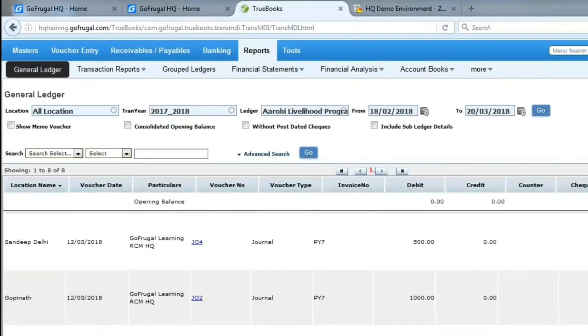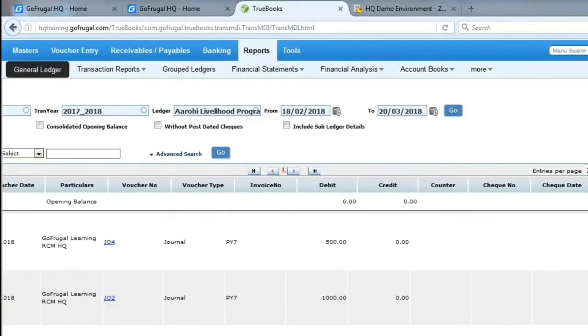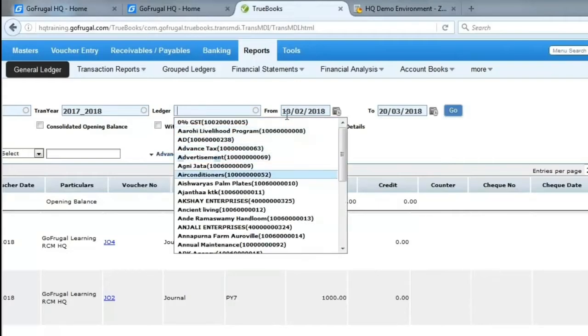So this will be exported in a PDF and it will be sent to the suppliers or customers. So any ledger that we can take and we can do the entries.